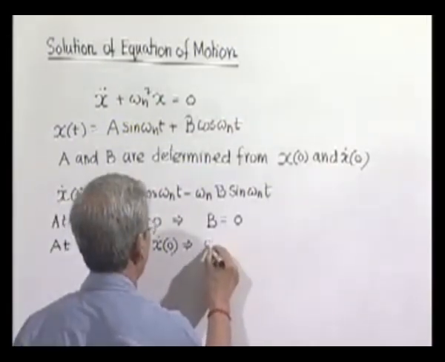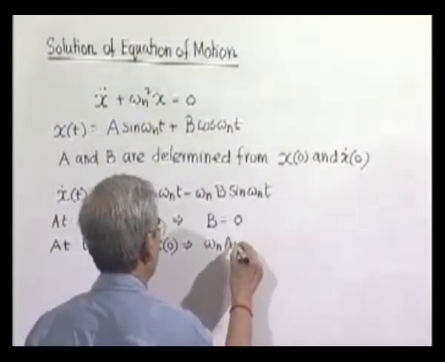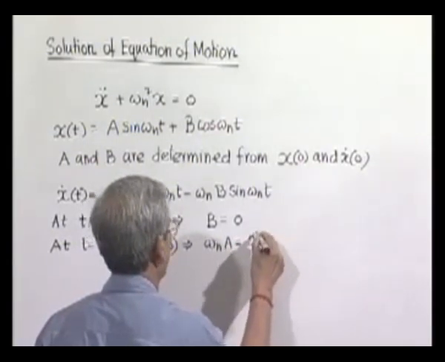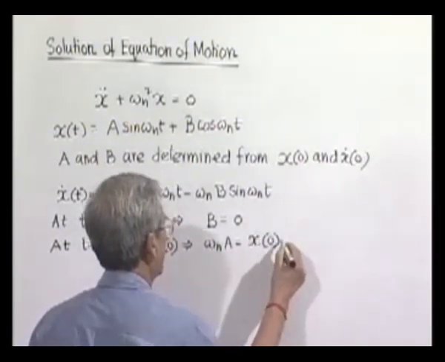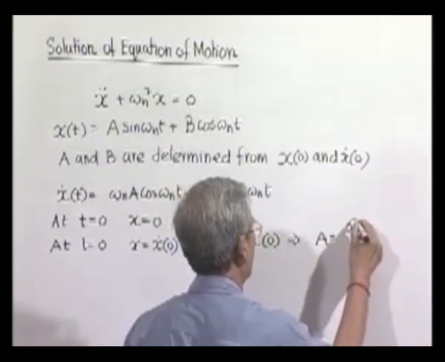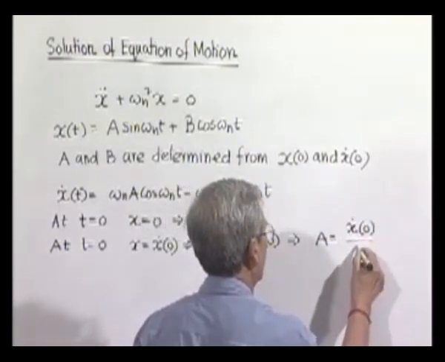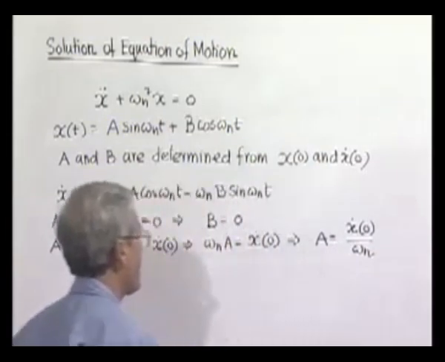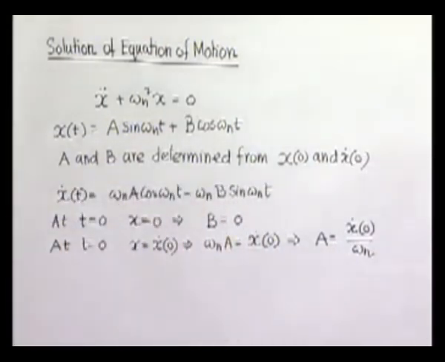So we get omega n A is equal to, so that gives us A equal to, so the form of the solution in this case will be